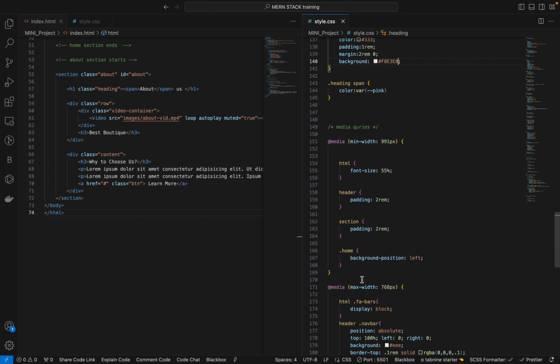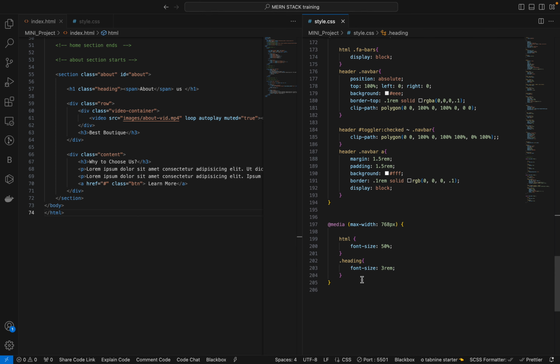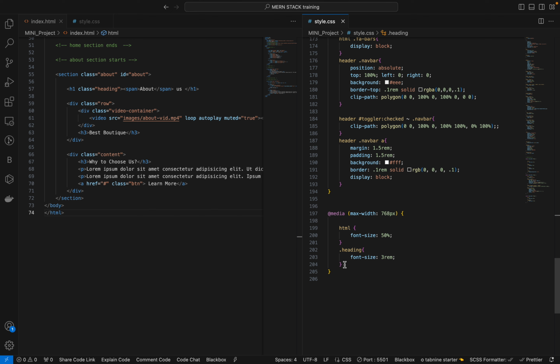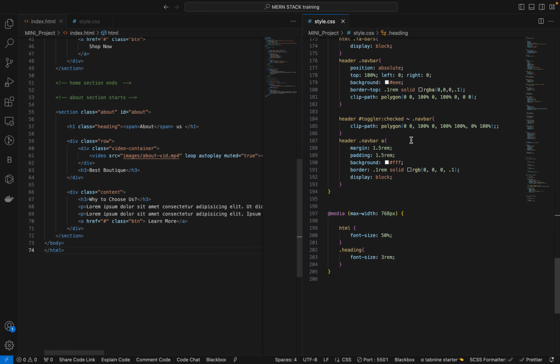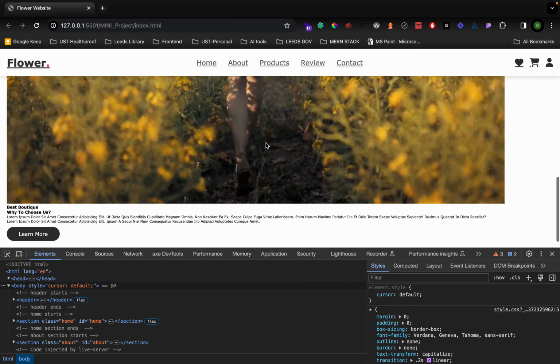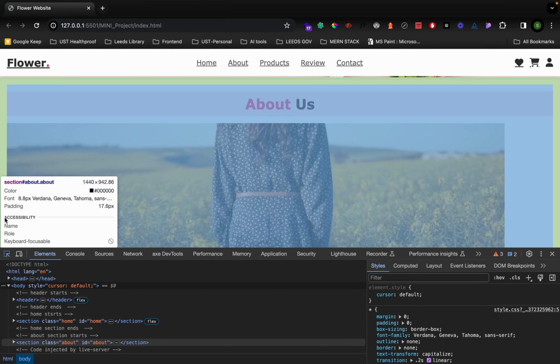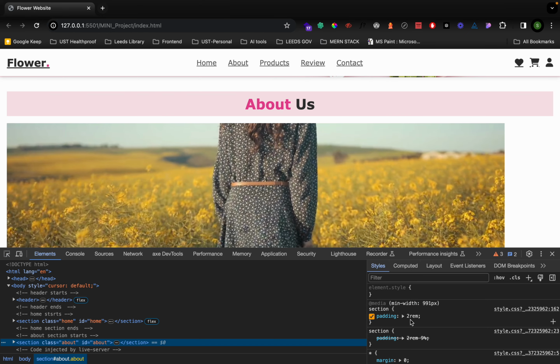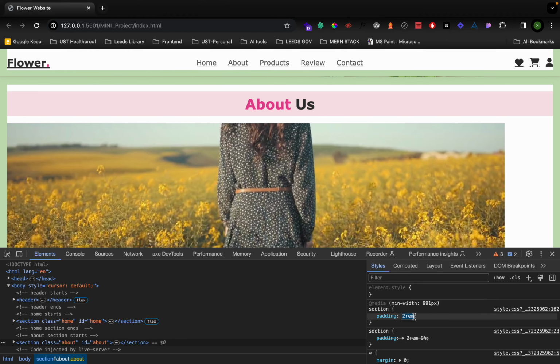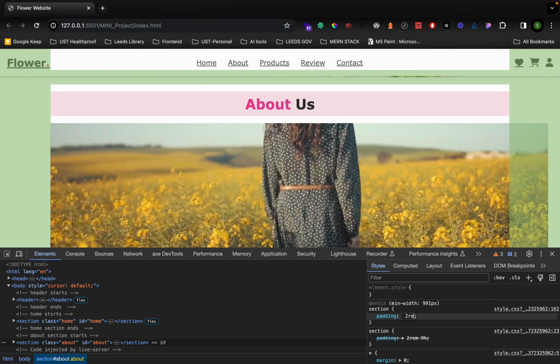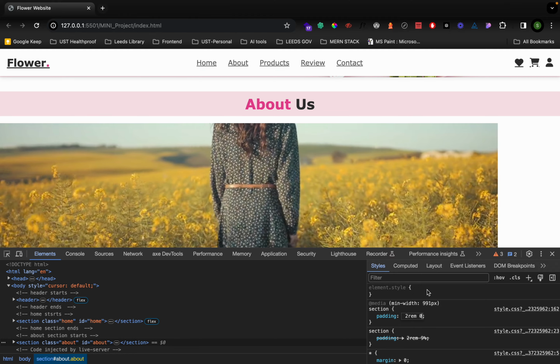Oh, we have already given that 3 rem. Yeah, that's fine. Now let's check the things like we have given padding, right? So we can remove the padding for the left and right, the 2 rem as I said before, and 0,